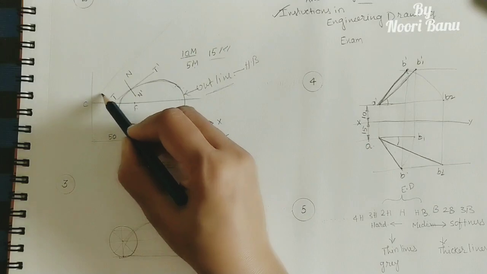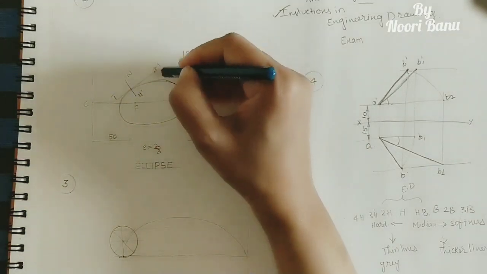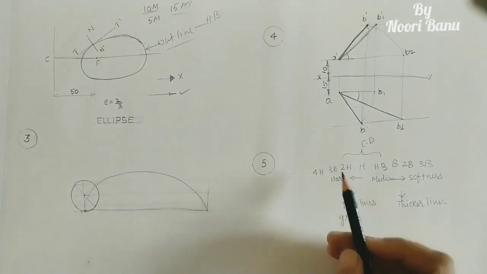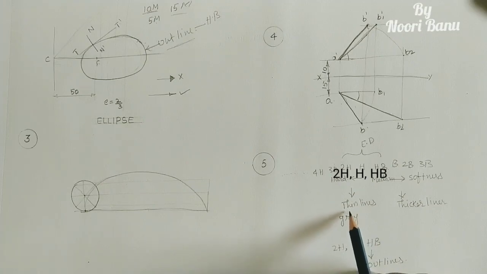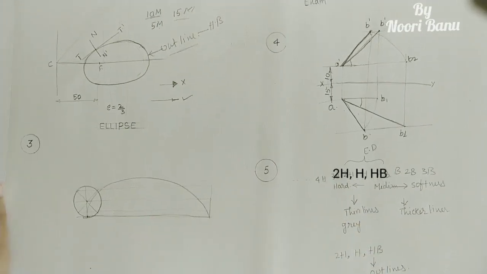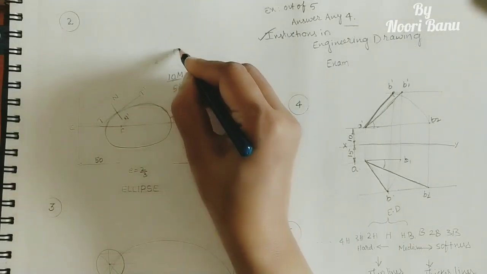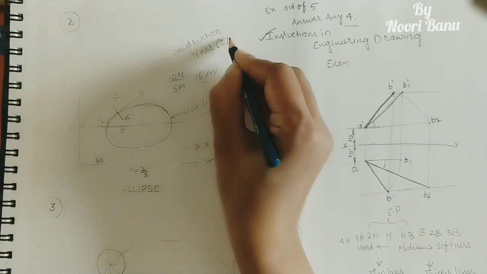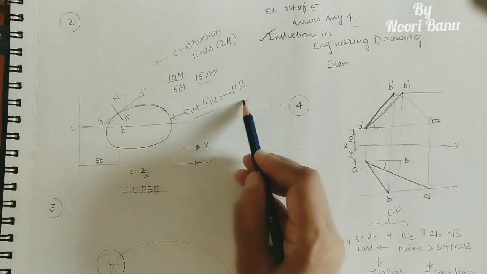And here we are taking the thin lines, and vertical lines will also come like this. All these are thin lines, and as I told, thin lines are with the 2H pencil. The 2H pencil will give thinner lines compared to the H pencil. These are the construction lines. Construction lines are always with 2H. Main outlines should be with HB. These should be visible properly.